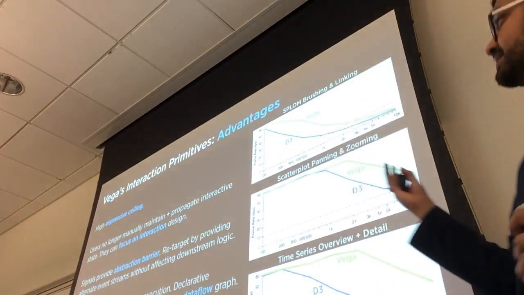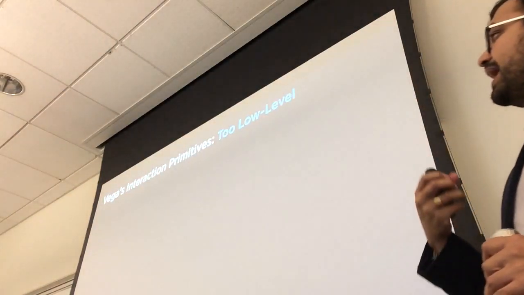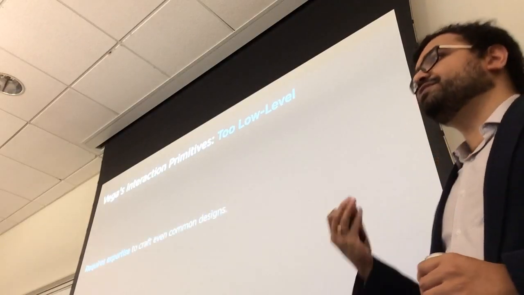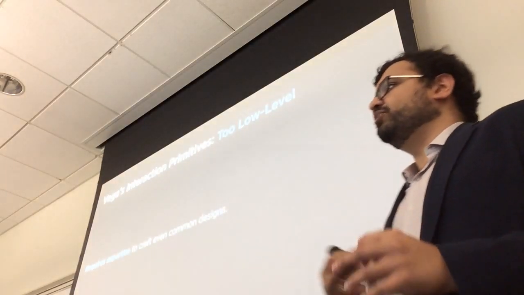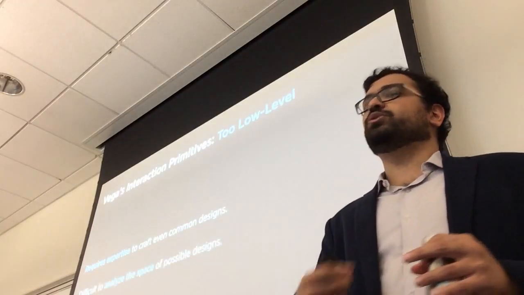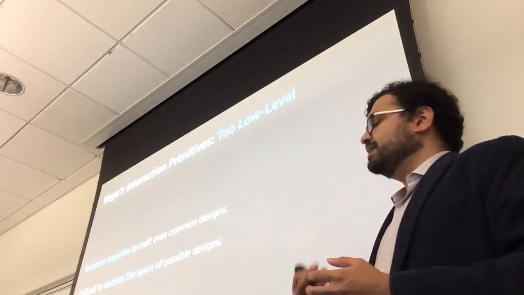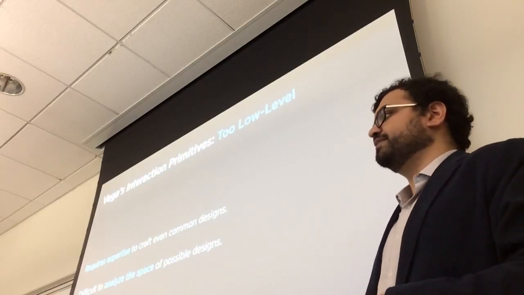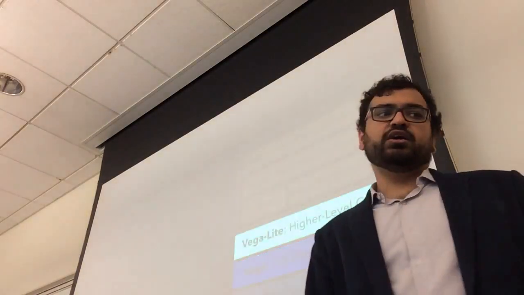So these are the advantages of Vega, but what are some of the drawbacks? Well, I would say that Vega is still too low level, and by that I mean it still requires a fair amount of expertise to craft these visualizations. You need to understand all of these reactive primitives and how to wire them up and so forth. And because we're focusing on an expressive design space, there's a near infinite number of ways of combining all of these things. So it's still fairly difficult to analyze a design space and come up with alternative designs. And so we move from Vega up to Vega-Lite, where our goal is to